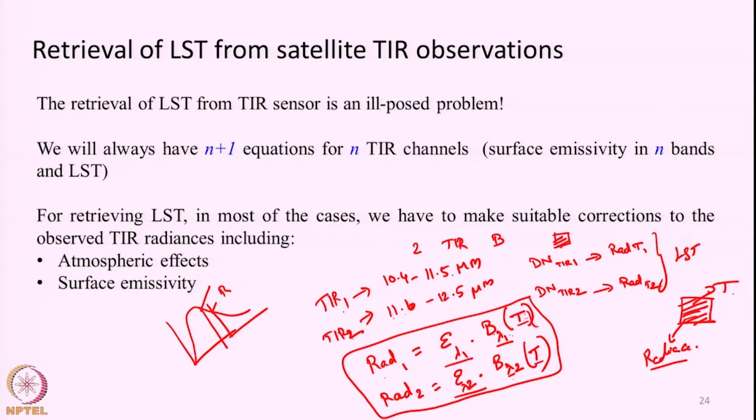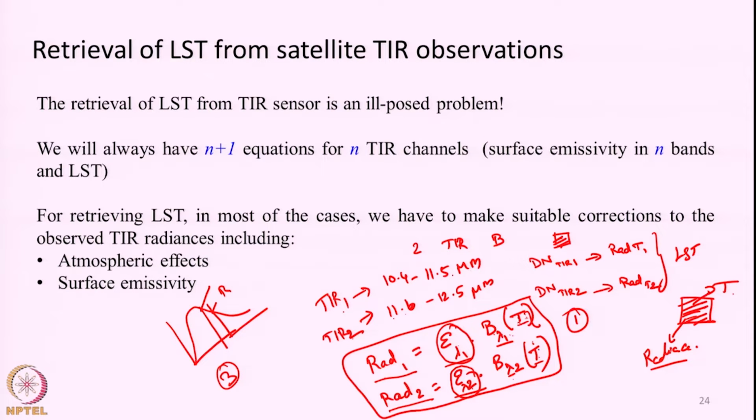So, here these two temperatures are equal in the two equations. So, that is one unknown, and we have emissivity in lambda 1, another unknown. Similarly, emissivity in wavelength 2, that is another unknown. From satellites we can calculate radiance in channel 1. Similarly, from satellite we can calculate radiance in channel 2. So, we have two equations, but we have three unknowns: emissivity in band 1, emissivity in band 2, and temperature